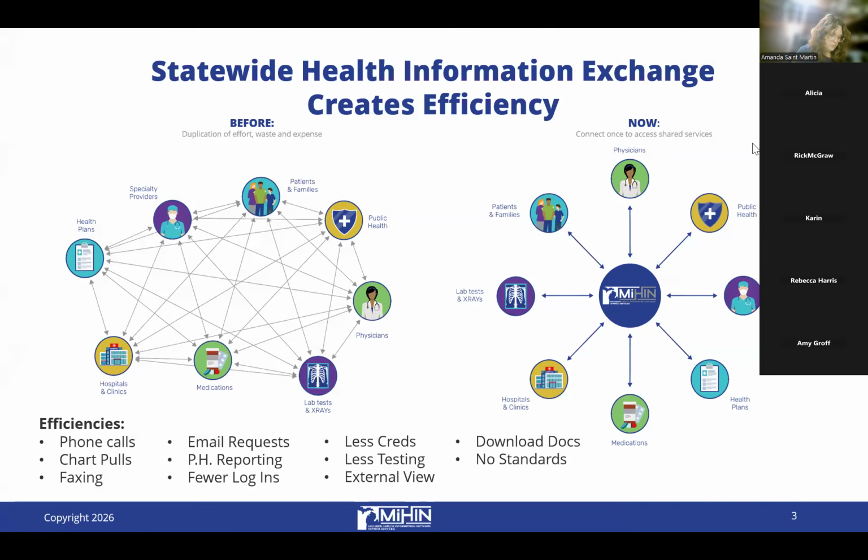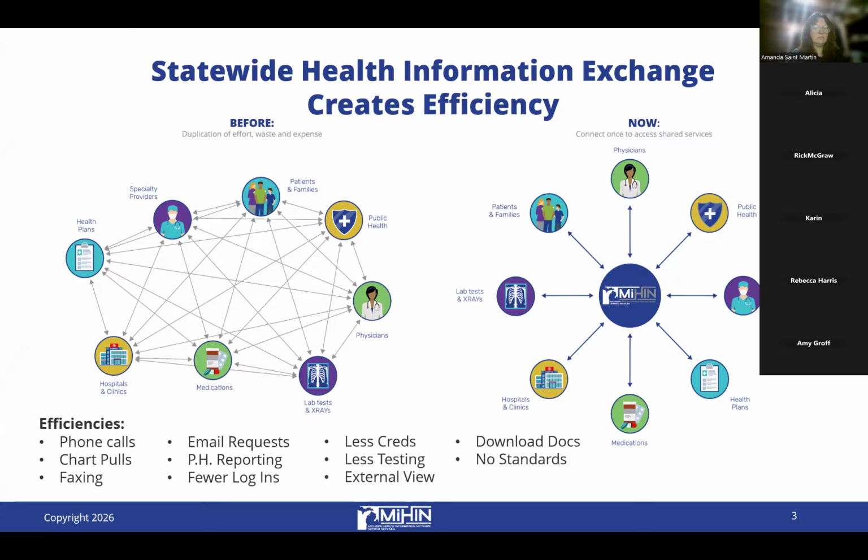That kind of goes into my next slide. For years past, long before there were HIEs, on the left, you can see that this is how you got data from one another. So if a patient came into a hospital or went to a clinic and they had an interaction with another healthcare provider a few weeks prior, you'd have to call, email, you would have to do something to try to get those records, those results. And you would have hundreds of different organizations contacting hundreds of other organizations, and it kind of creates this spider